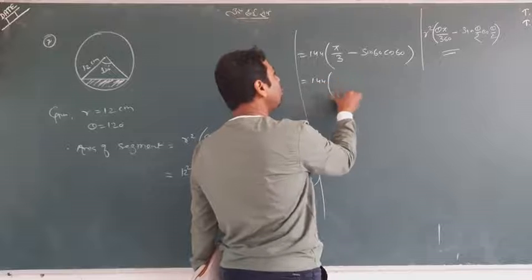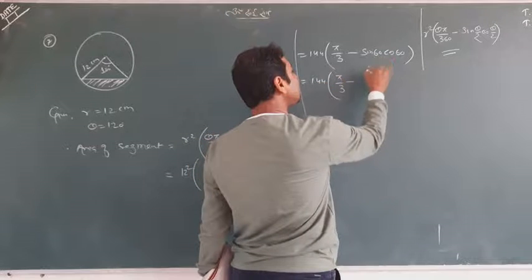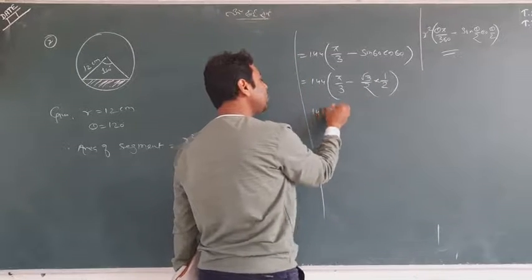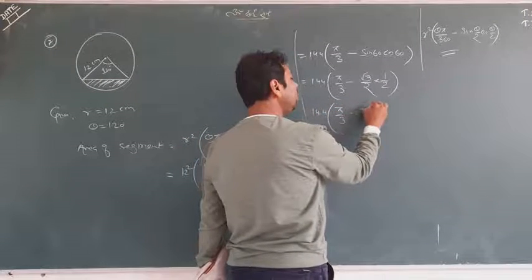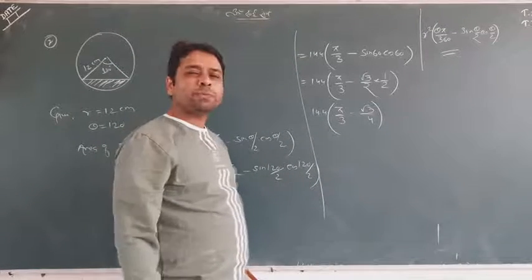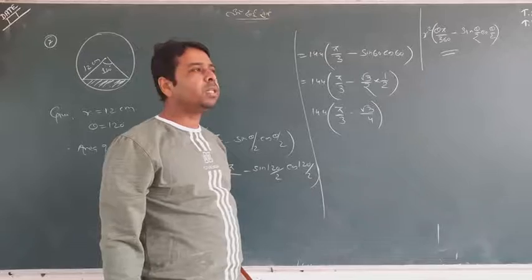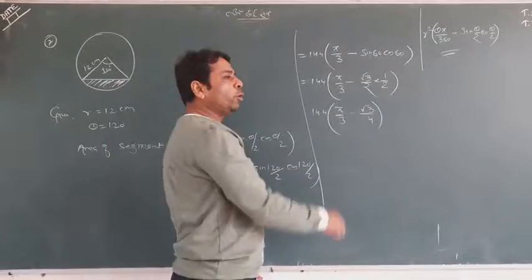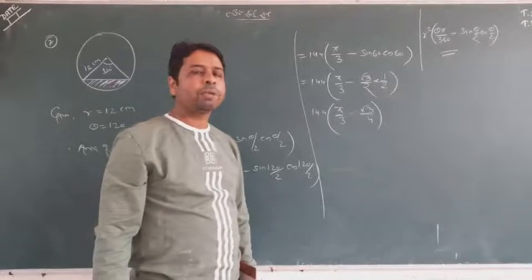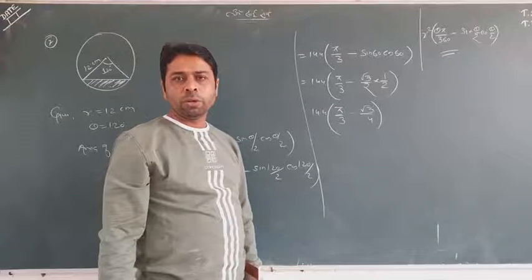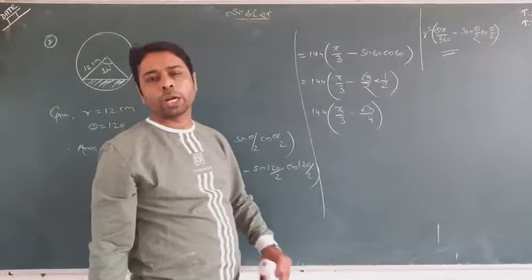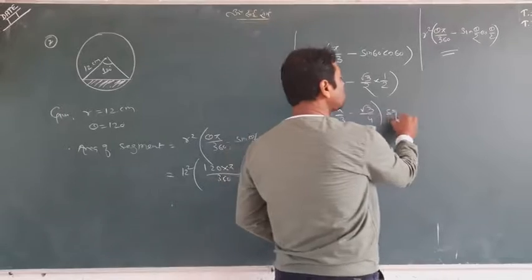So 144 pi by 3, and sine 60 is root 3 by 2, and cos 60 is a half. So lastly I would speak about this pi by 3, this is by 4. So I think you can drop your answer right here, because further is going to be tough in the sense of lengthy. Pi is equal to 3.14 you will put, and root 3 equal to 1.731. That is the value in trigonometry we saw. If it is provided in a question in the exam, you can put it. Otherwise, you can drop your answer with square, something like that.